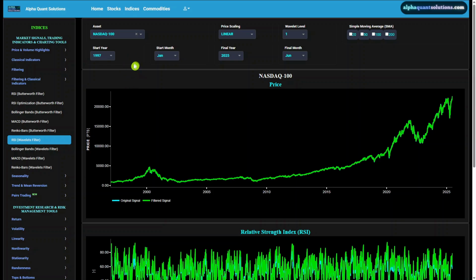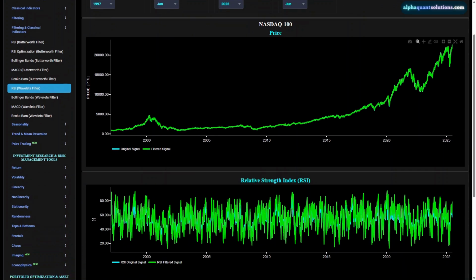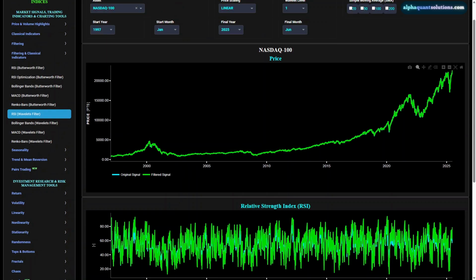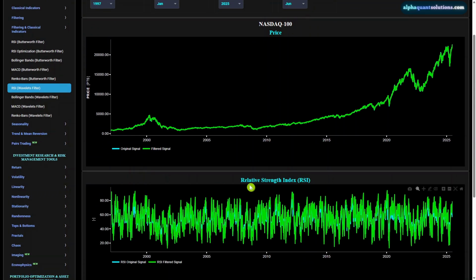Now let's take a little bit of time to explain what we see on this page. So we have two graphs. The top one shows the daily close price, in this case of the Nasdaq 100, and we have the original signal in blue and a filtered version in green. And the bottom graph shows the relative strength index, or RSI. Again, in blue, it's the original RSI of the unfiltered signal, and in green, it's the RSI of the filtered